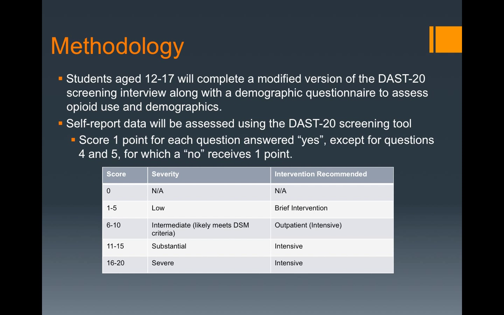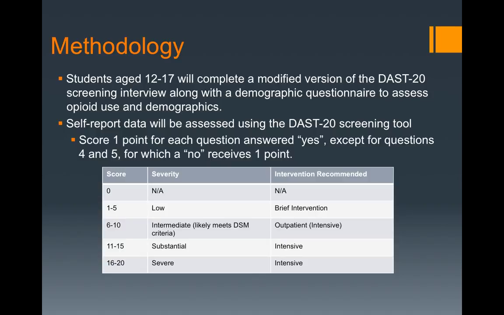So we determined that in order to answer our learning objectives, the best screening tool would be the drug abuse screening test, or the DAST-20 in this case. There is a DAST-10 in which it is simply 10 questions. The DAST-20 is a 20-question screening tool with simple yes or no responses. The DAST-20 was developed by Harvey Skinner,